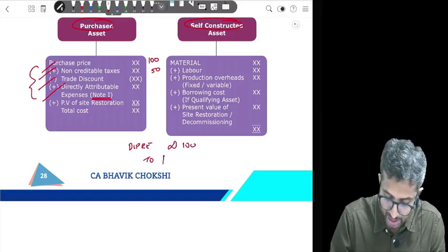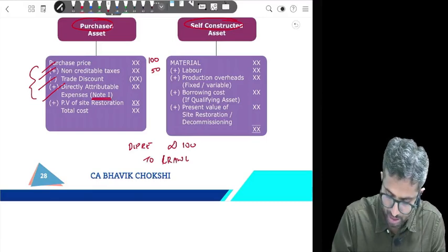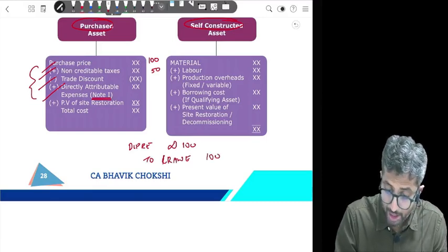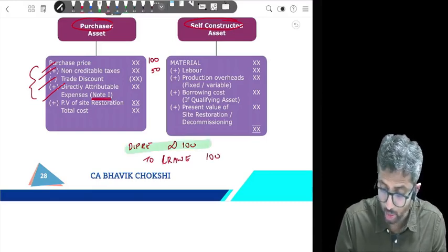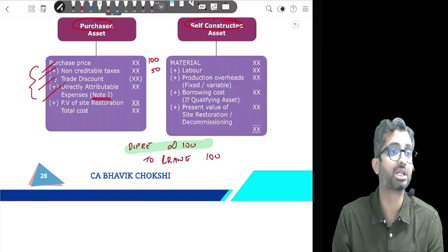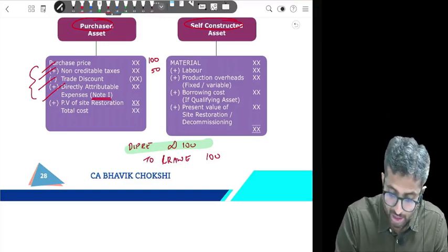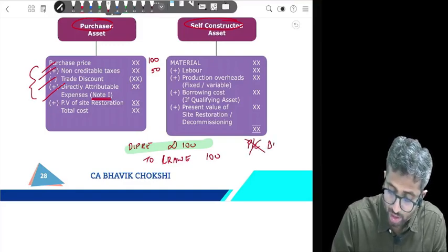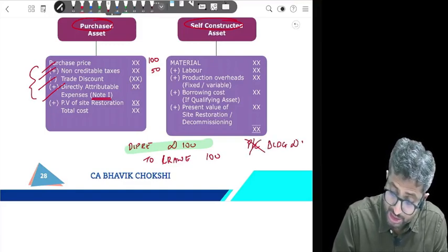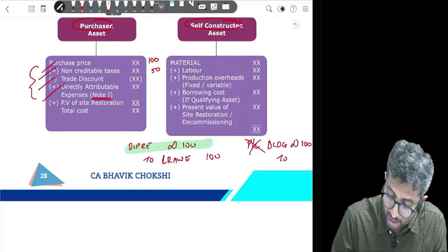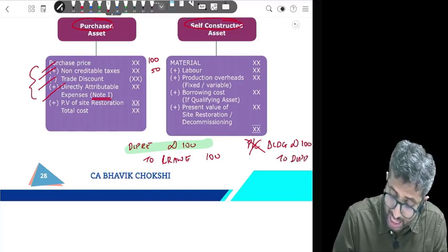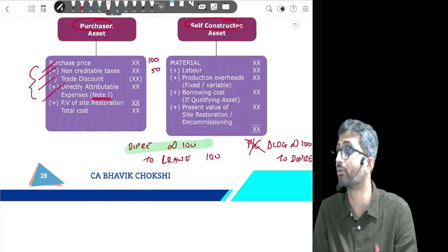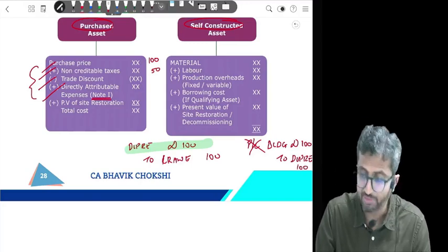To, let us say, crane account, motor vehicle, whatever it is, 100. But depreciation is a nominal account. Ideally, it will be transferred to the profit and loss. Here, instead of transferring it to the profit and loss, I will transfer it to the building. I will say that this 100 that I am incurring as depreciation is directly attributable to construction of the building. Are we clear with this?